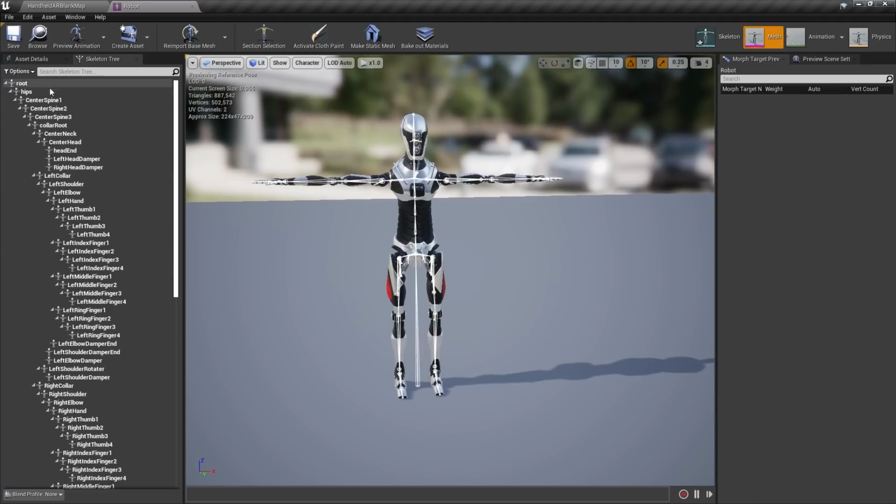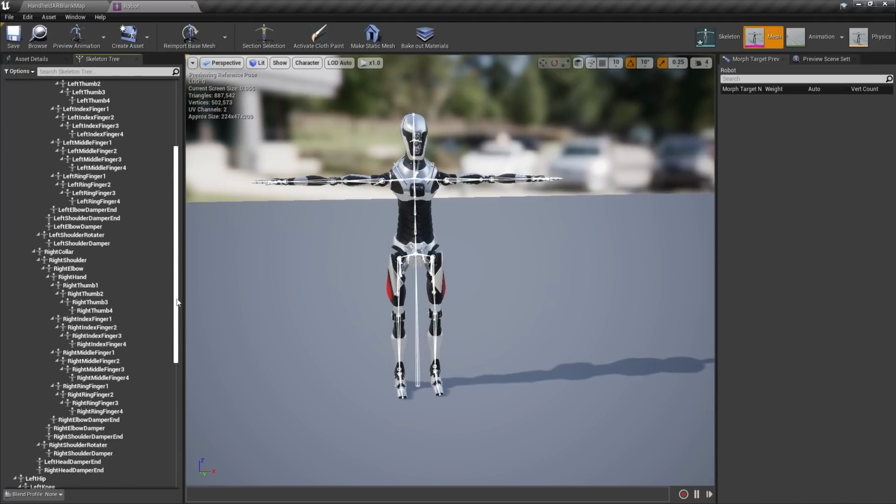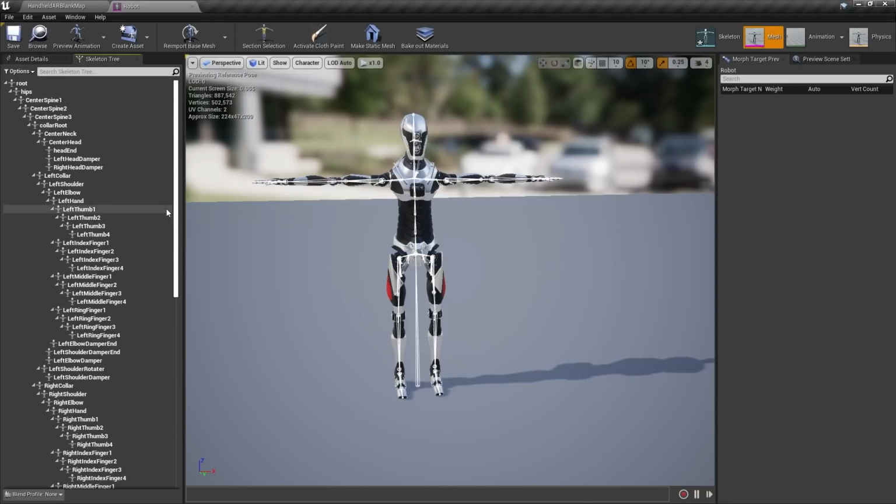Now, if you look at the hierarchy of this character, when it was set up in the DCC, we weren't really thinking about an AR app. This guy was actually used for the Cinema 4D motion graphics webinar that we did previously. So there's no helper bones inside of here already defined for Control Rig to drag around to ultimately drive some polygons that are going to be those contact shadows. So we need to extend this hierarchy a bit, and this is easily done inside of Unreal with virtual bones.